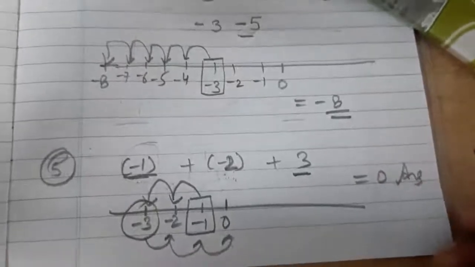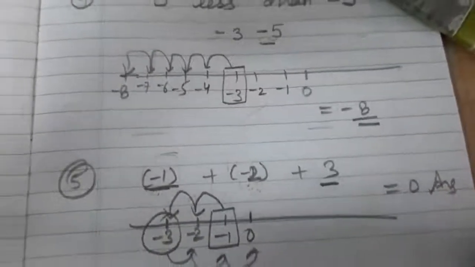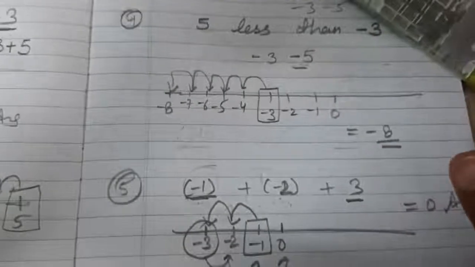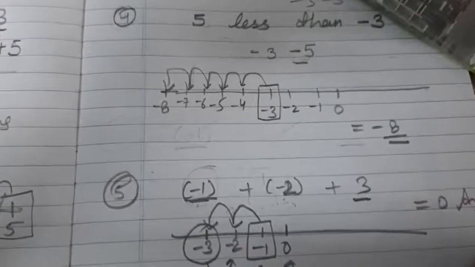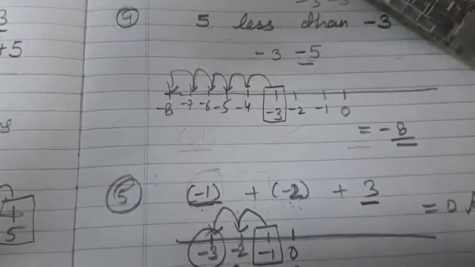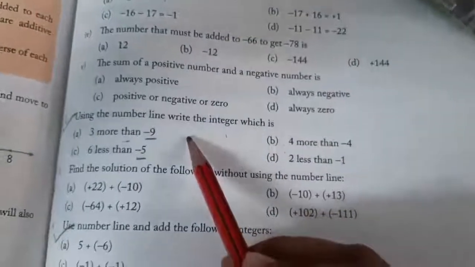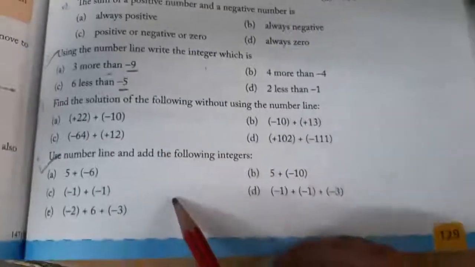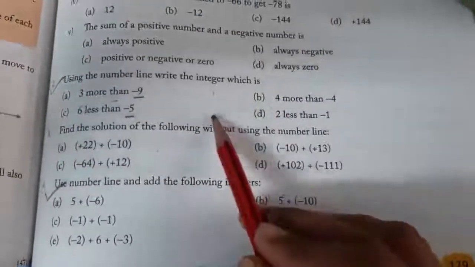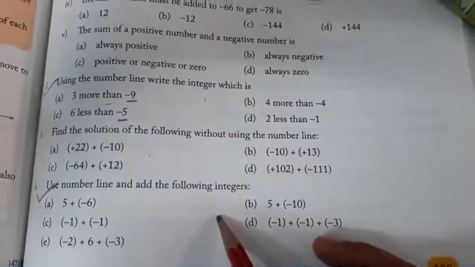You have to solve these questions. These are the examples. No need to do them in your copy. I will tell you, related to the exercise, which questions you have to do in your copy. This is your exercise 6.2. Do these 2 questions using this number line. Write the integer for this question and this question. You have to do them completely. Question number 2 and question number 4 as homework.